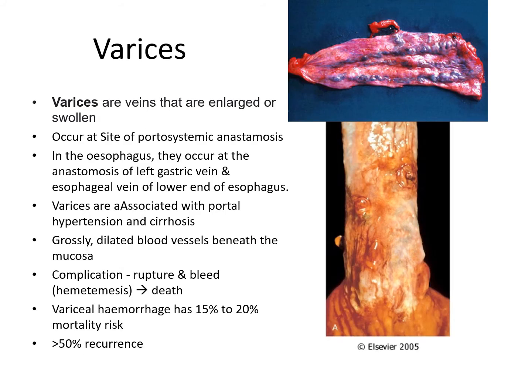Varices are veins that are enlarged or swollen. They occur at sites of portosystemic anastomosis. In the esophagus, they occur at the anastomosis of the left gastric vein and esophageal vein at the lower end of the esophagus. They are associated with portal hypertension and cirrhosis. Grossly, you can see the dilated vessels beneath the mucosa,